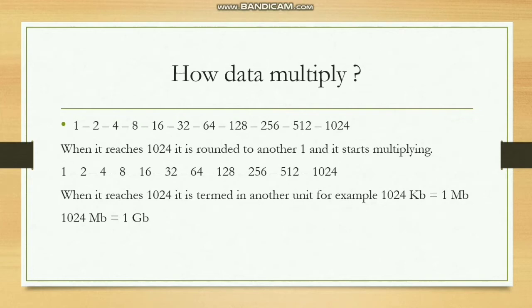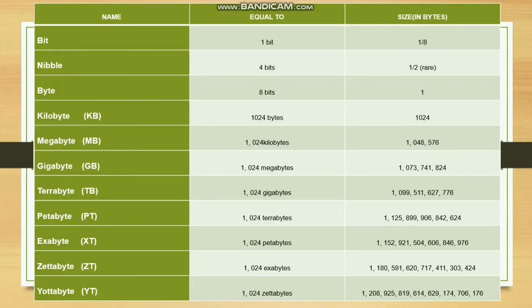Okay, and we are going to see the next one. After bytes it is kilobytes, above kilobytes it's megabytes, then comes gigabyte, that means GB, then comes TB or terabyte, and 1024 terabytes forms petabyte, and 1024 petabytes become exabyte, and 1024 exabytes form zettabyte, and 1024 zettabytes means yottabytes. This is a way in which data is being multiplied